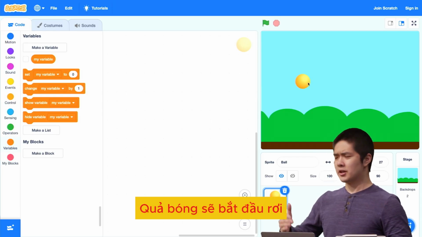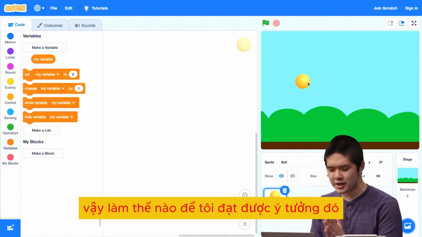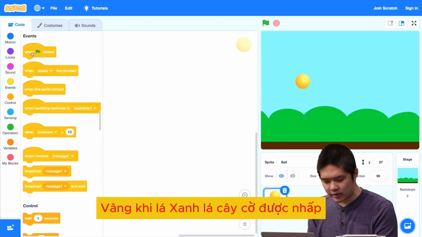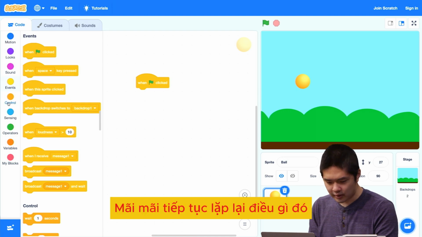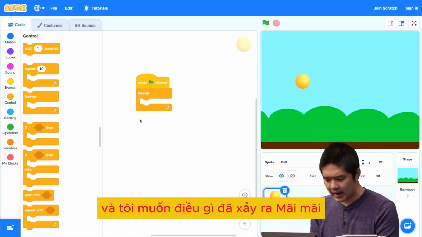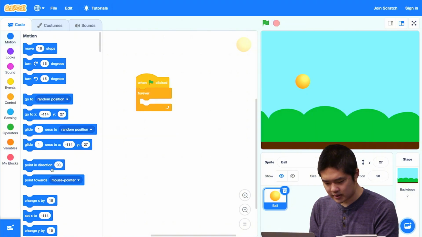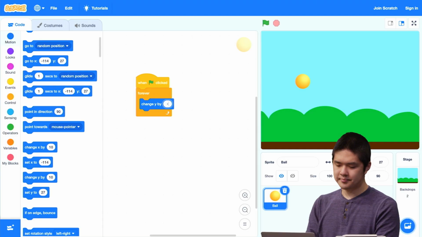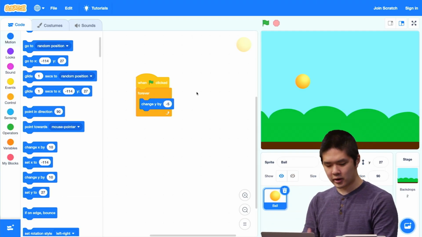And what do I want the ball to do? Well, if it's in the air, the ball is going to start falling until it hits the ground. So how do I achieve that idea? Well, when the green flag is clicked, I would like to forever keep repeating something. And what do I want to have happen forever? Well, I want motion to change the y value by -5. -5 is going to mean the ball is going to move down, and we're forever going to keep repeating